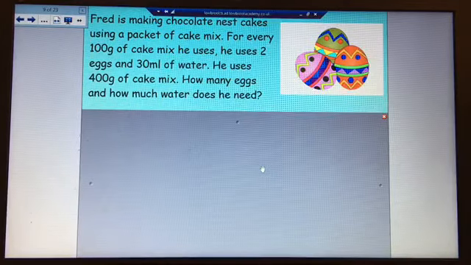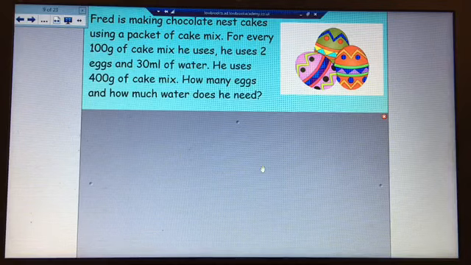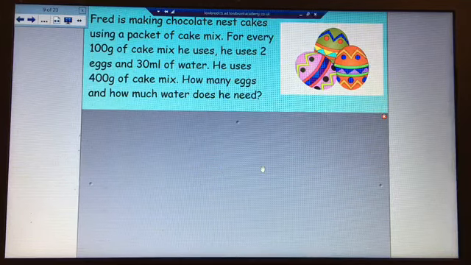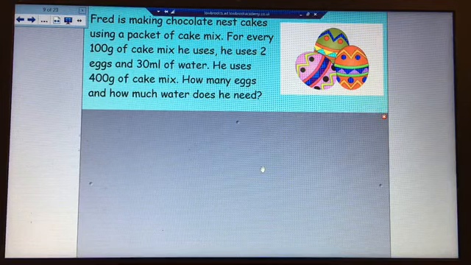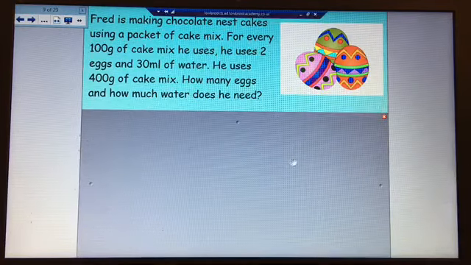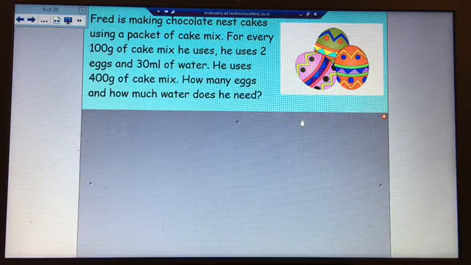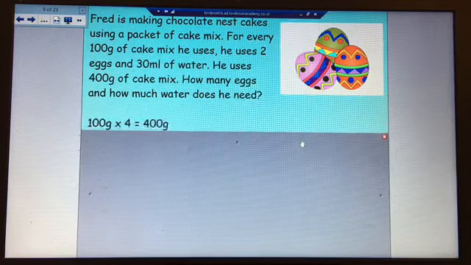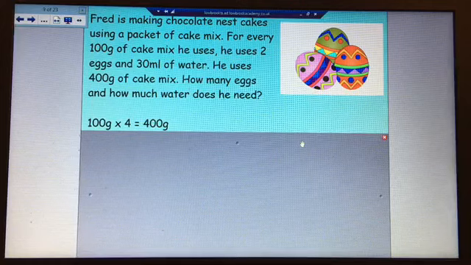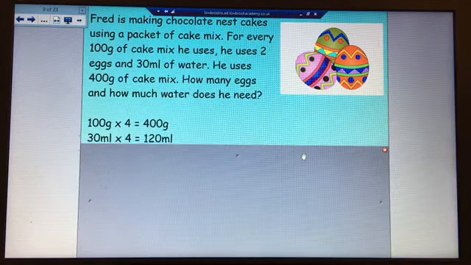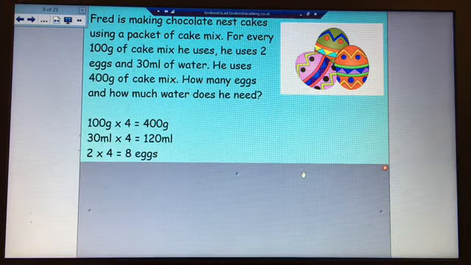Okay, next question. Fred is making chocolate nest cakes using a packet of cake mix. For every 100 grams of cake mix he uses 2 eggs and 30 millilitres of water. He uses 400 grams of cake mix. How many eggs and how much water does he need? So press pause if you want to crack it on your own. If not, hopefully you've worked out that 100 times 4 is 400. So he uses 4 times as much cake mix, therefore he needs 4 times as many eggs and 4 times as much water. So 30 millilitres times 4 is 120 millilitres, and 2 times 4 equals 8, so he needs